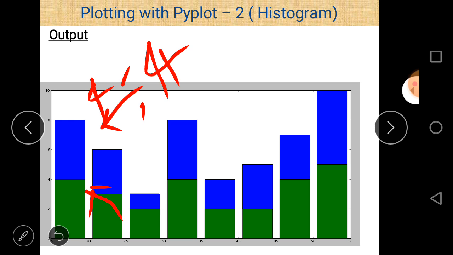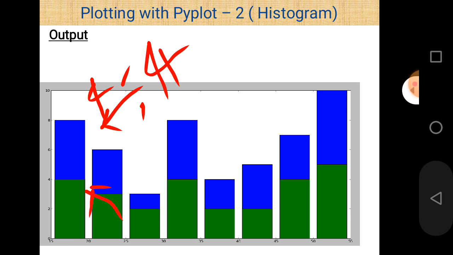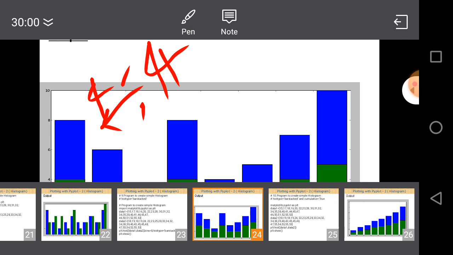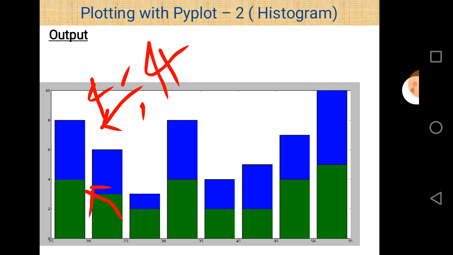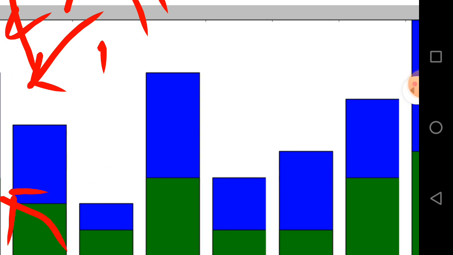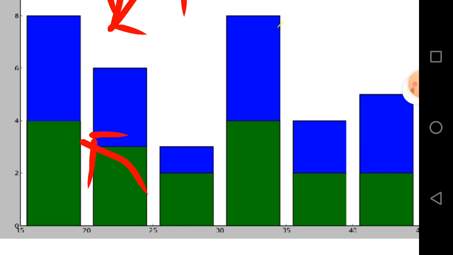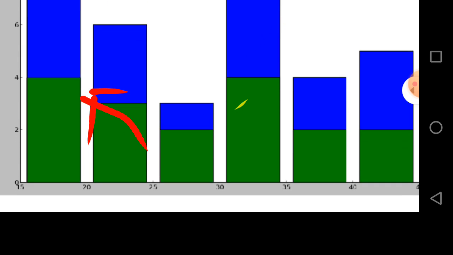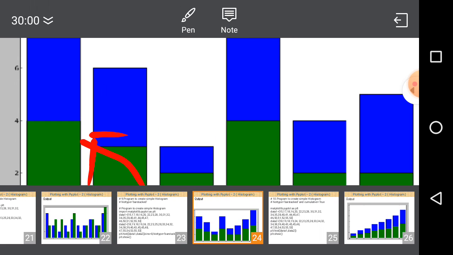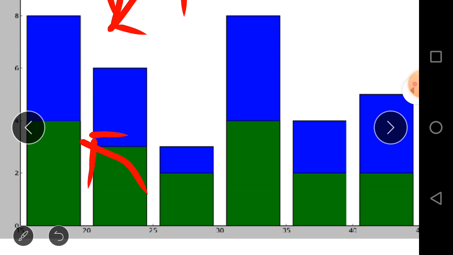So this is the number of items or data set values found in a particular range. That's why this type of data appears. The data set starts from the range 15 to 20, so we can easily see that this is the range 15 to 20.